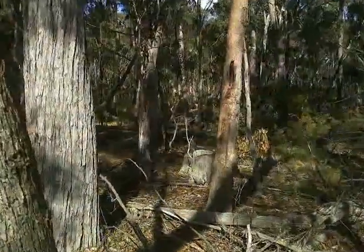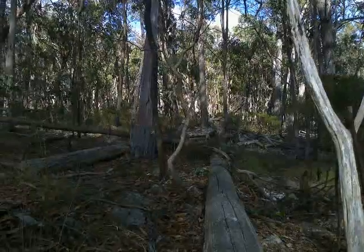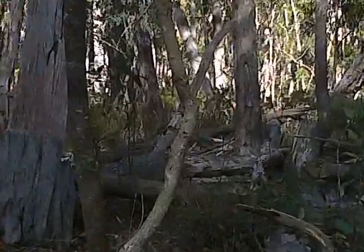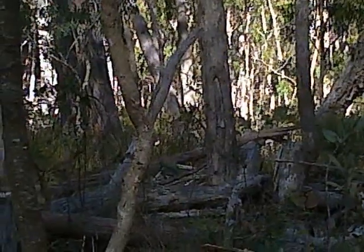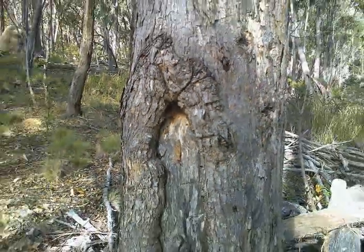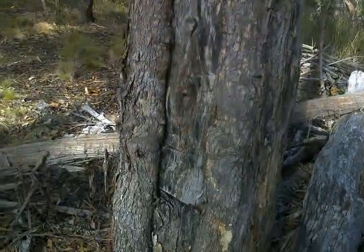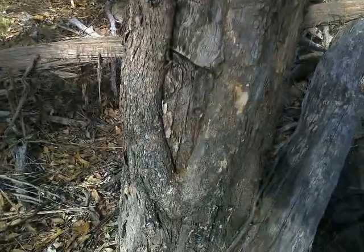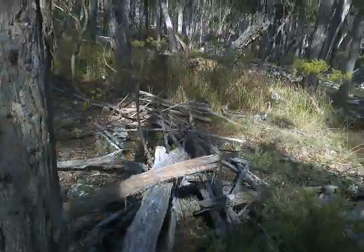which is further highlighted by logs fallen along the boundary, contrived so as to point at the blaze on the young box tree. The blaze, which was put there in the 1980s, and the 100 acres I bought the title deed for was surveyed. That quaint little stick structure there